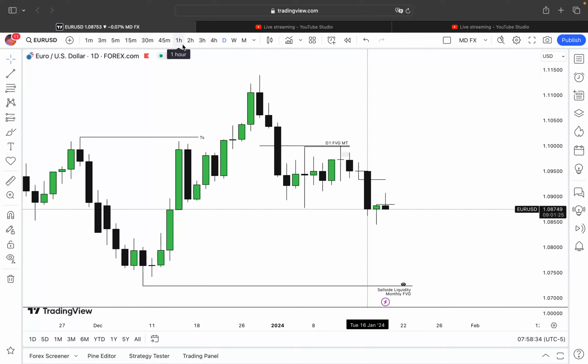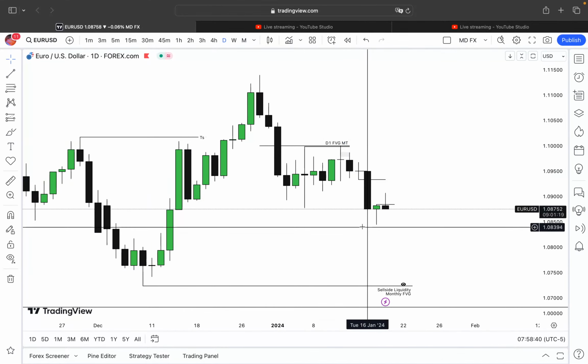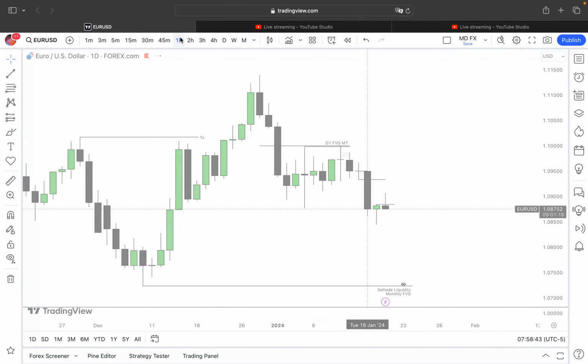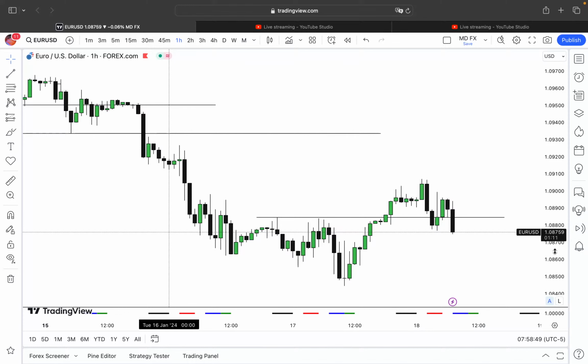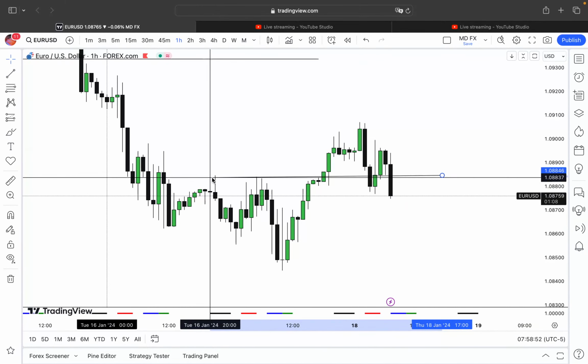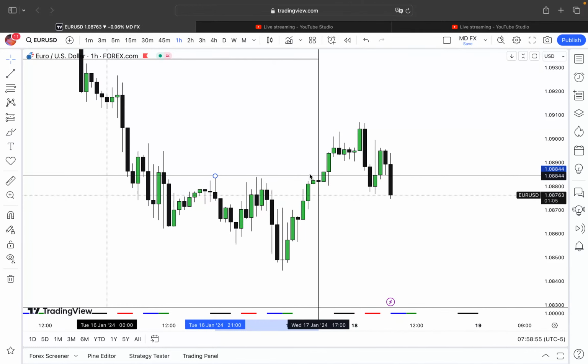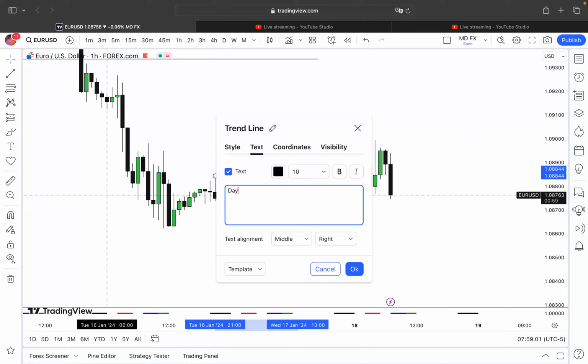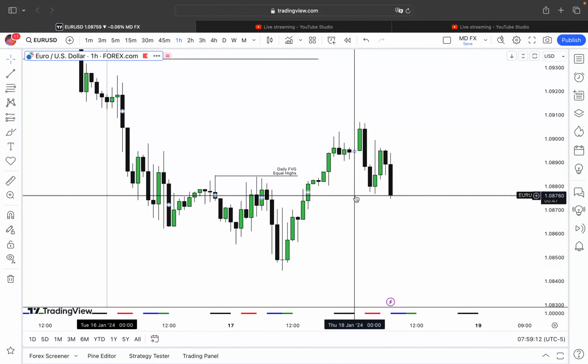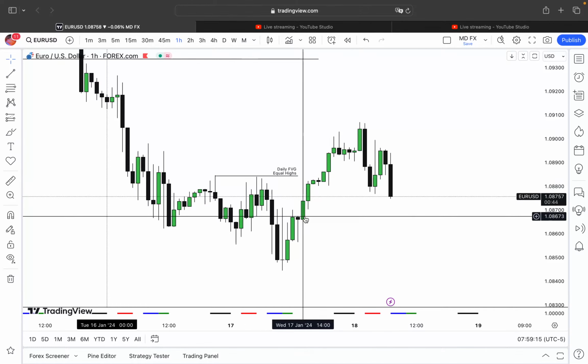Now from the daily time frame, I'm going to go down to the 1 hour time frame. We're still very bearish on the higher time frame, so I'll continue following the bearish momentum, or the bearish trend. Now on the 1 hour time frame, what do we have here? We have price tag into the daily fair value gap, equal highs. So basically we tagged the daily fair value gap and equalized.